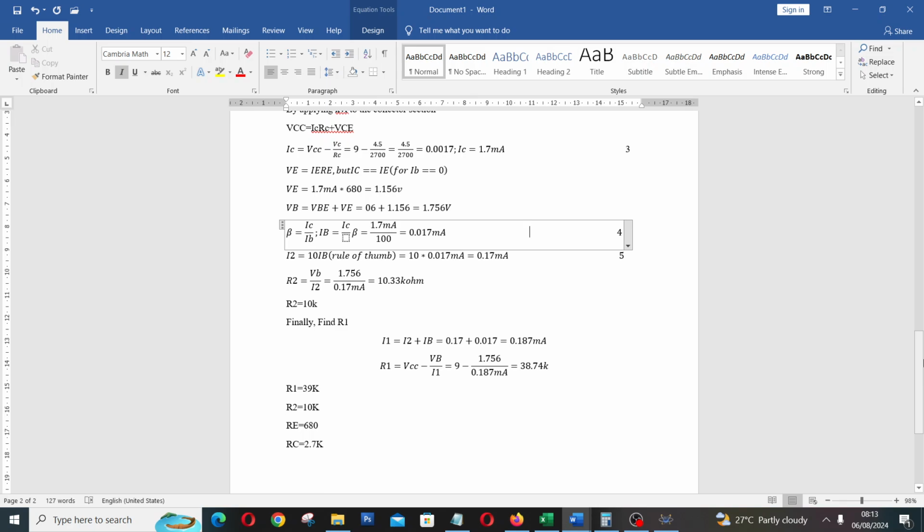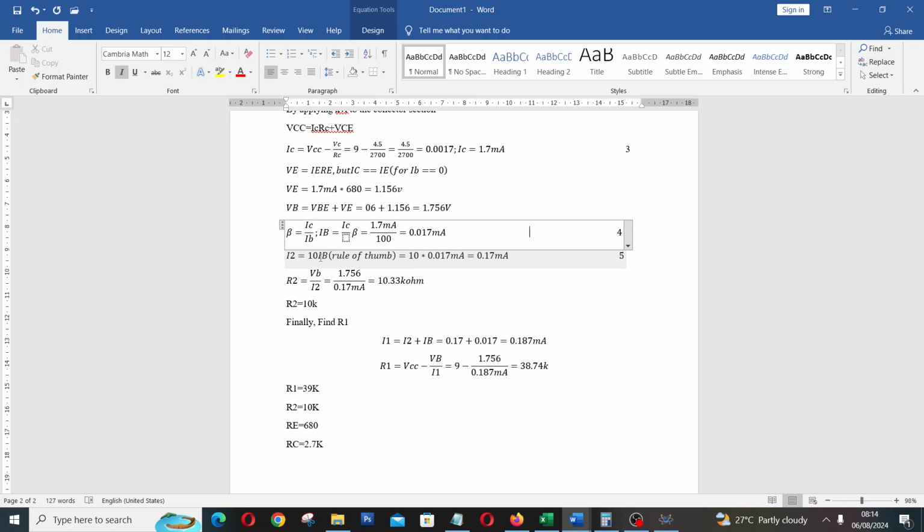circuit diagram, you say that I2 is equal to 10 IB. It's a rule of thumb that we must understand. Now the reason for this rule is simple. Let me see if I can quickly explain it. IB is assumed to be very, very low because of the high resistance of the base. Now when you have two resistors in parallel, and one resistor is almost 10 times the value of the second,